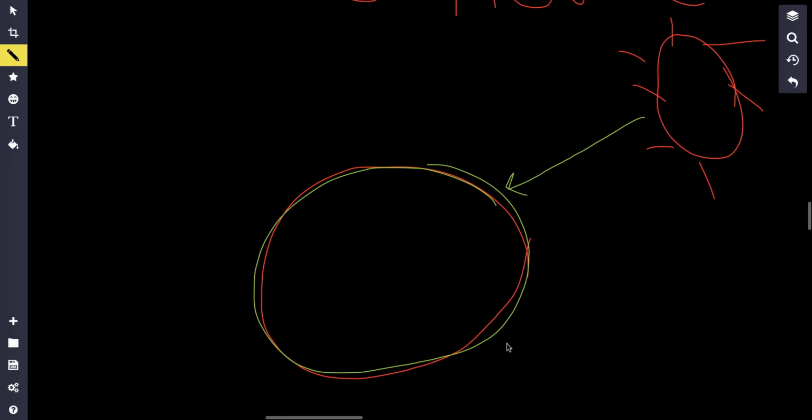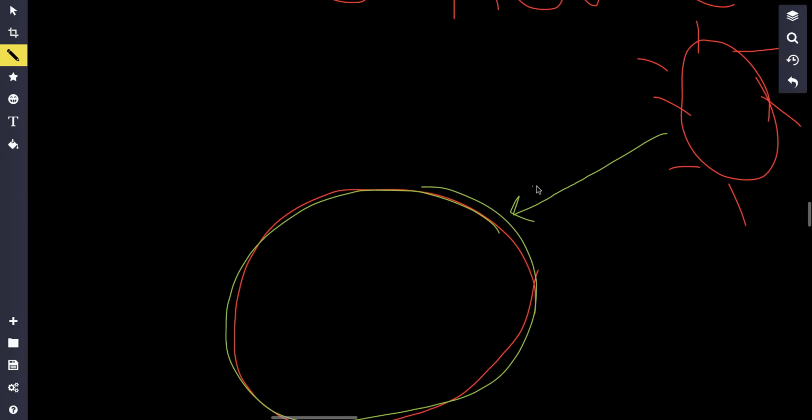Now what's going to happen is some of this heat, some of this infrared radiation, will be reflected from Earth's surface. So think about things with a high albedo. Albedo just means how much an object reflects light. If I'm wearing a white shirt, that's going to reflect a lot of light.